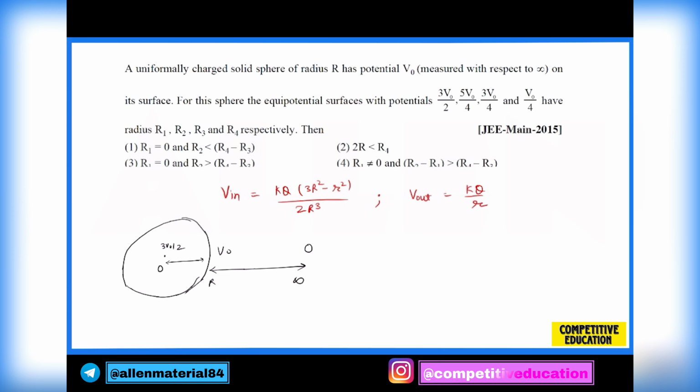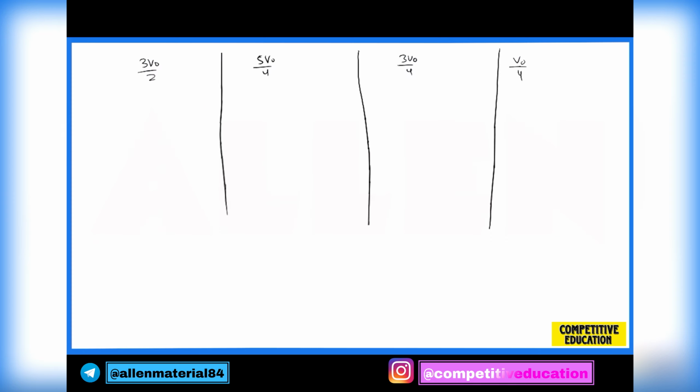So let us find them individually. First, the potential 3V0 by 2 is more than V0, so the formula will be the formula of V in. So 3V0 by 2 equals KQ(3R² minus r²) upon 2R³, which implies r equals 0. Now for 5V0 by 4, we have 5 by 4 V0 is KQ by R,